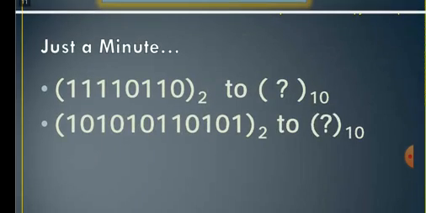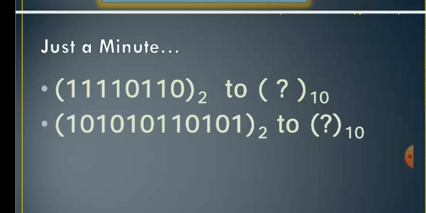Now look at this. These are the homework questions I have given. Make a note of it. Find the decimal value of these two binary numbers. First question is 11110110, that is base 2. You want to convert this binary value into a decimal value. Similarly, 10101011001, the binary value, you should convert this into decimal. These two questions you have to do as homework, like yesterday how you have done. Make a note and send the answer to me through Google Classroom.